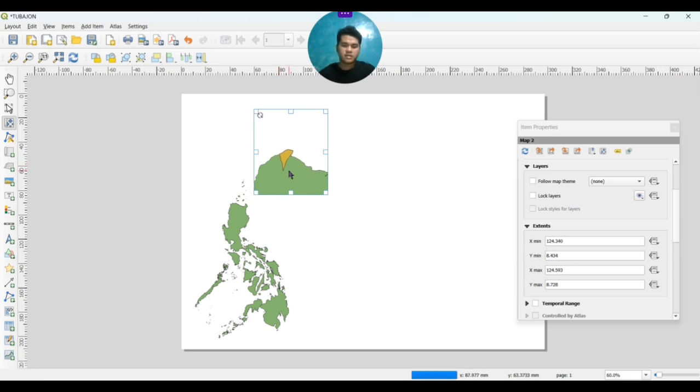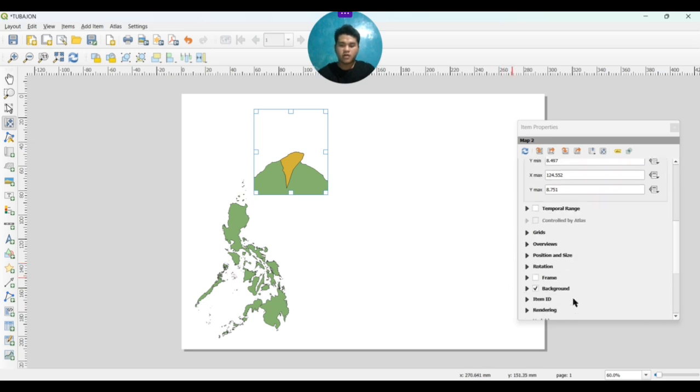So this is the place where Lagindingan was located. In my case, I just want to have a border for it, so I scroll here in the properties item and add frame. Look for that, click the frame, and here's the frame already.